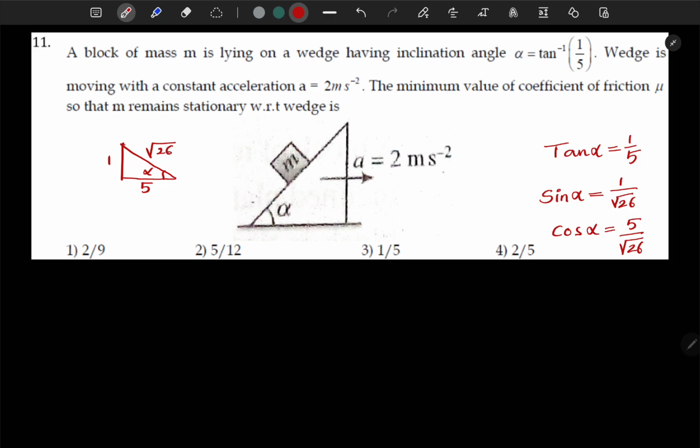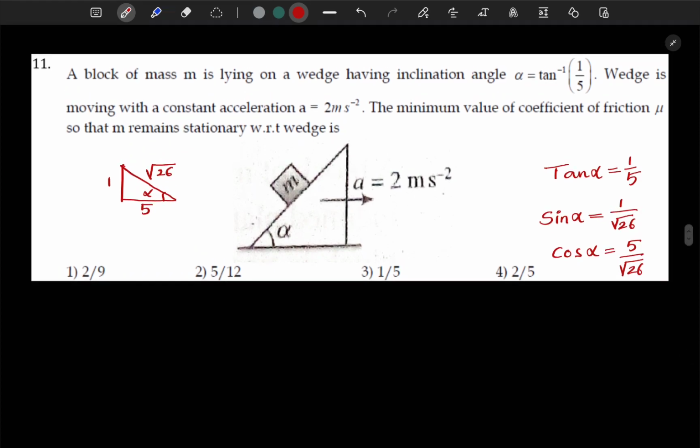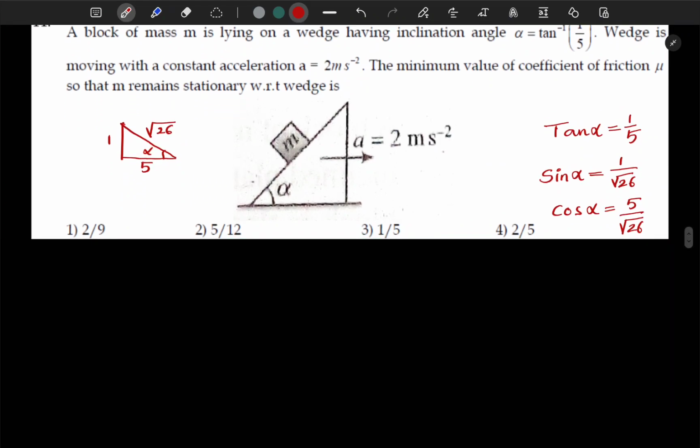So a block of mass m is lying on a wedge having inclination alpha equal to tan inverse of 1 by 5. The wedge is moving with constant acceleration. The minimum value of coefficient of friction is asked, so that m remains stationary with the wedge. You have to understand that when this m is remaining stationary, the net force acting on it is 0,